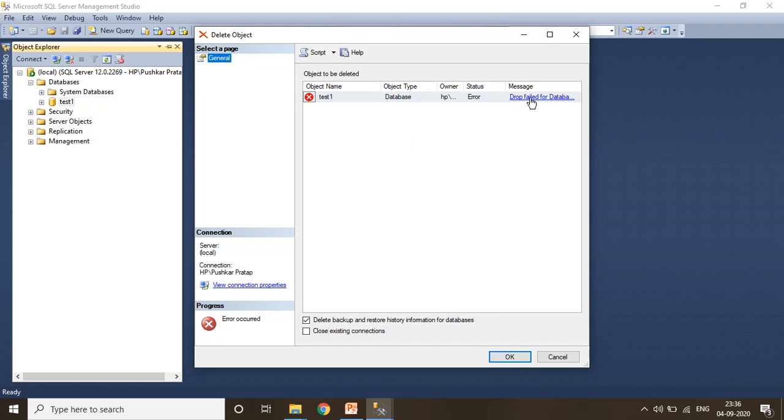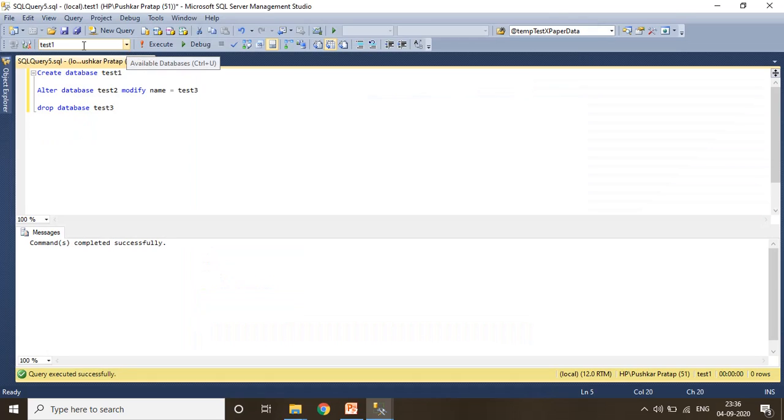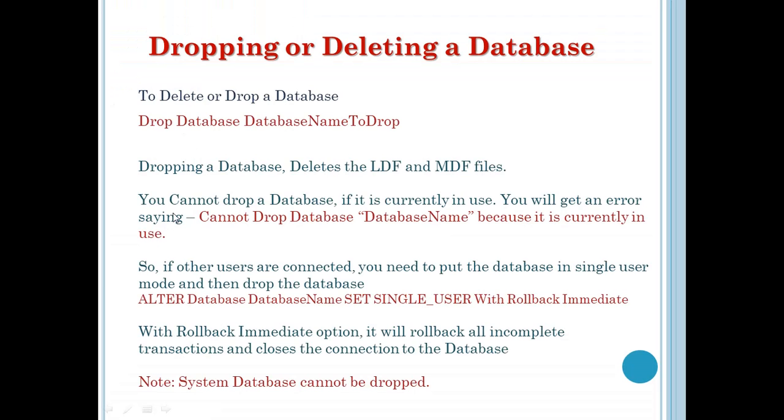Here you can see drop failed for the database, as another instance of this database is running. Test1 is already running in this SQL Server Management Studio, and that's why the drop failed. So you cannot drop a database if it is currently in use. You will get an error message saying cannot drop database because it is currently in use.